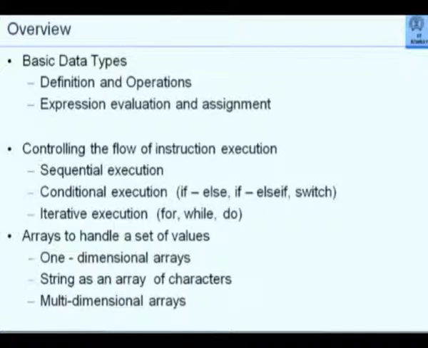The assignment operation is the one which allocates a value to a variable. So we will see the assignment statement very briefly. These are of course very preliminary things. The more important thing is, as we write instructions in our program, they are executed. And normally they are executed sequentially. So one after another. And that is what we call sequential execution.